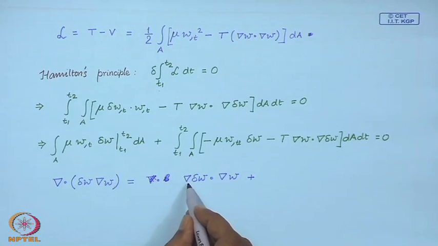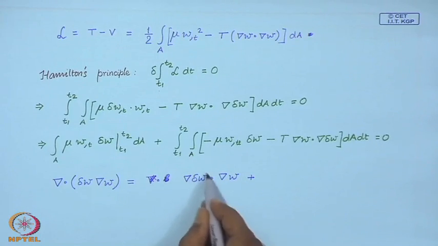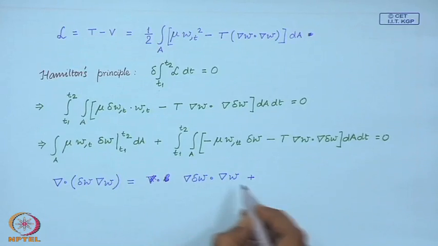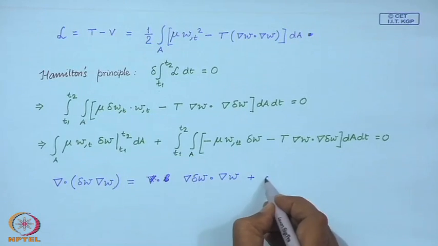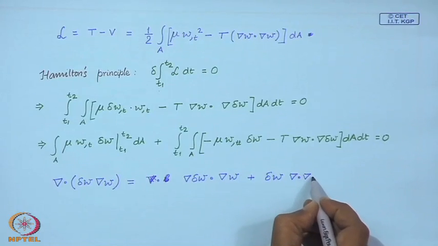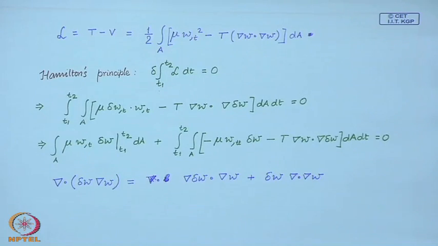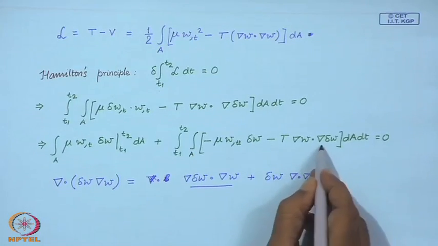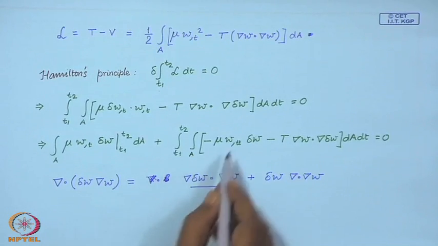So, this is the gradient of the scalar dot the vector, and so this is the divergence of this vector. Now, so therefore, I can use this here to rewrite